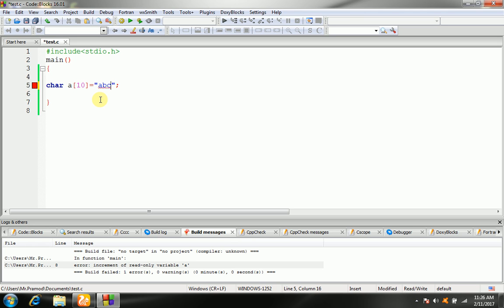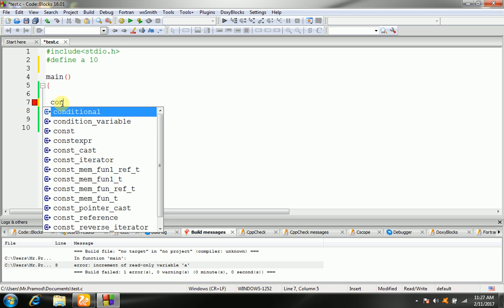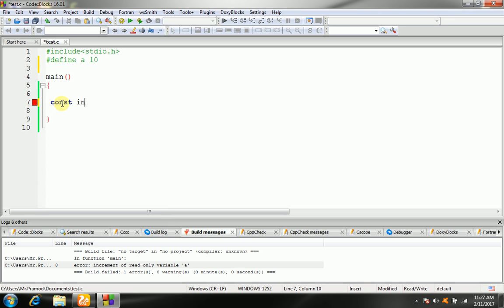If we want to define a constant, there are two ways: using the hash define preprocessor, just like this, hash define A 10, and using the const keyword, const int a equal to 10.